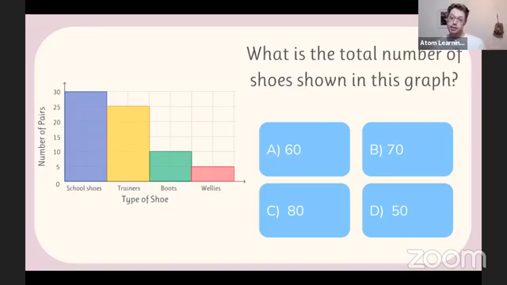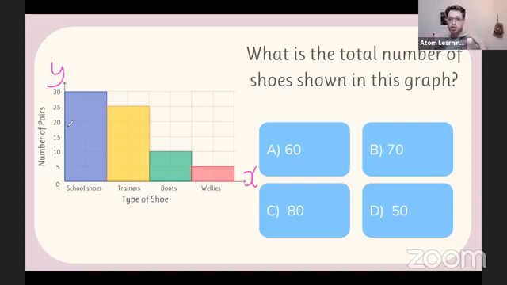Well done. So what we need to do here to get the total number of shoes shown is, if we have a look, we see the number of pairs is going to be on the y-axis over here. So again, just getting familiar with how we label and what we would call the axes is important. And always watch out for scale, because sometimes there'll be 2 questions both based on bar charts, but the scale might change, and a lot of children might still be using the old scale.